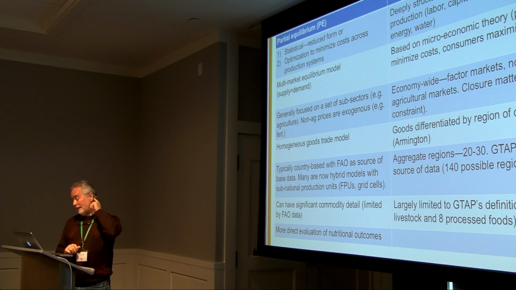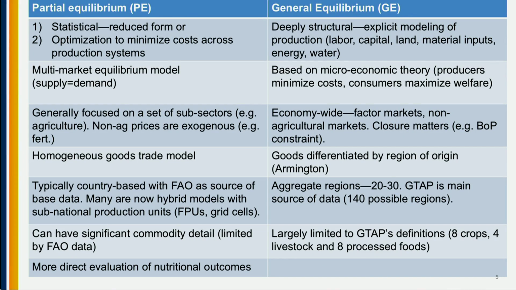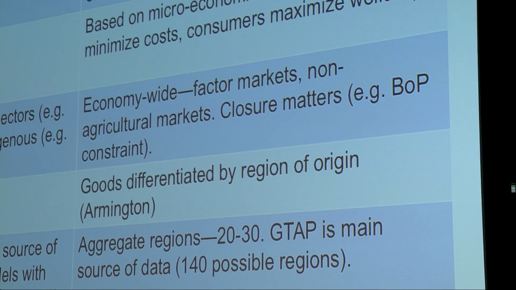The other important element in a GE model, and that's what sometimes makes understanding the results complicated, is something we call closure. So since it's a global and economy-wide model, everything has to be consistent. So trade, for example, imports and exports at the global level have to balance, all right? So that's basically what we mean by closure, okay?